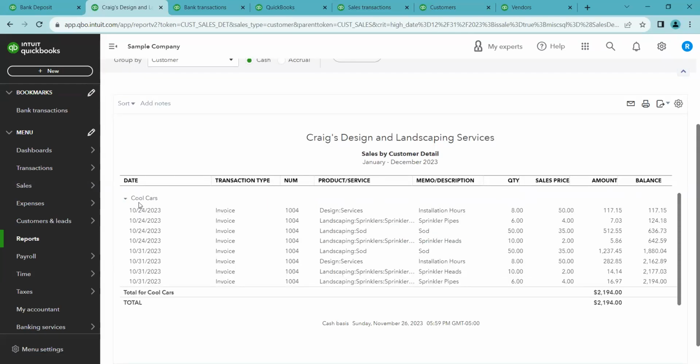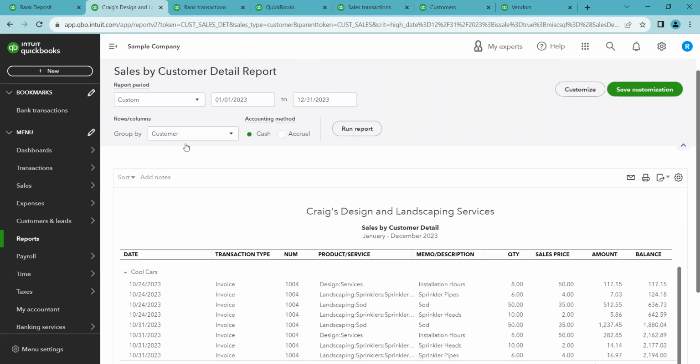Over on the left, it's easy to miss, but it is telling us these are the sales by customer transactions for Cool Cars. And they're giving us the transaction type, the invoice number, the product or service. So here they're giving us columns that are specific to this report. Each type of report might have slightly different columns, so it'll be the columns that apply to that report. But in this case, we only have invoices for Cool Cars, and that's the total of invoices for this date range. Keep in mind, though, something that is pretty important